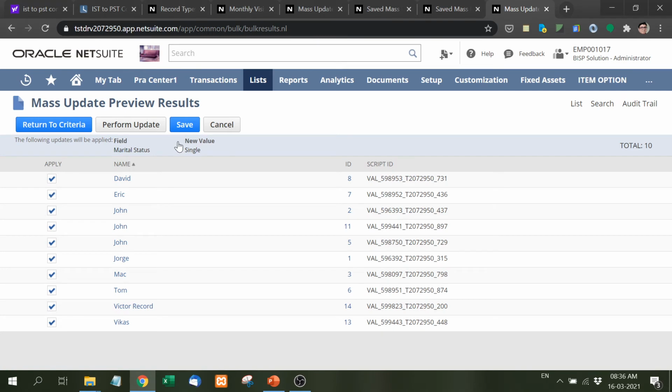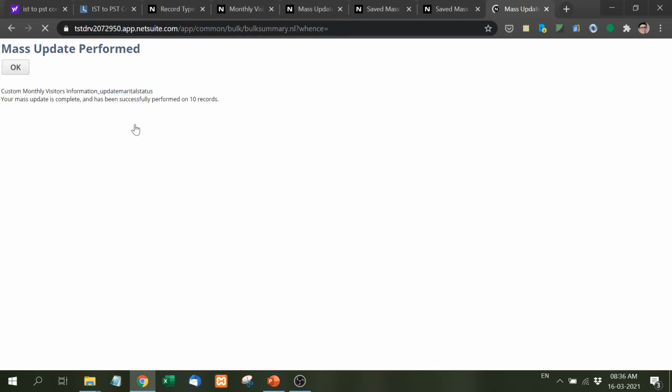Now these are the records where the marital status is empty. Look at this, the following updates will be applied to these fields: marital status, it is empty, new value is single, and these are the empty values. Now if I press here perform update, custom monthly visitor information vendor, yes, mass update is complete and has been successfully performed on 10 records, right?